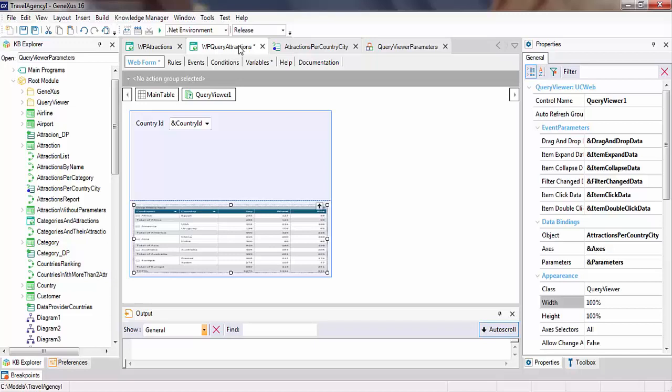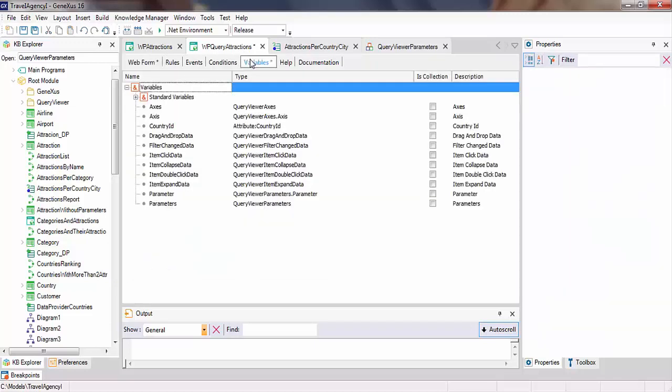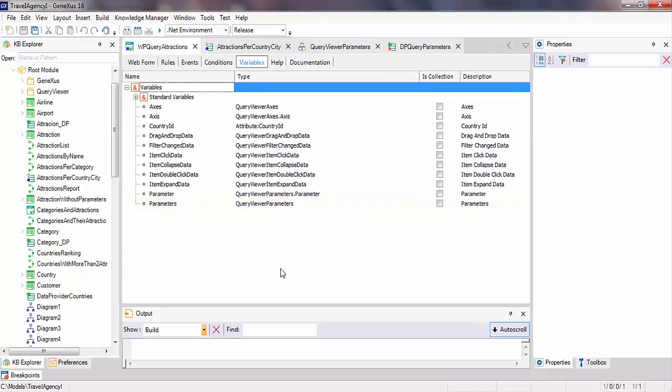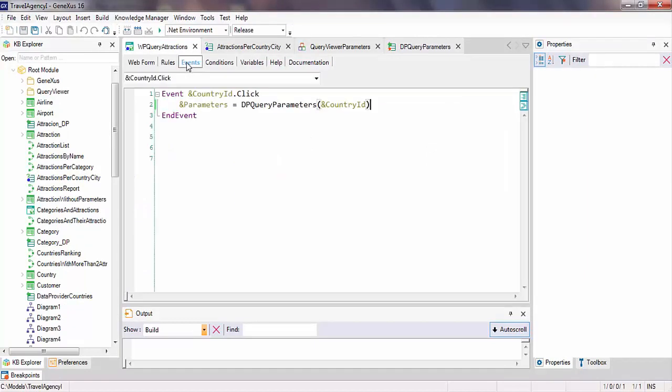When we go to the variable sector, we'll see that the parameter variables have already been created, based on the data type that represents a parameter, and the parameters variable based on the data type that represents the collection of parameters. Therefore, inside the event sector, and in the click event associated with the country ID variable, we receive the load of the parameters variable through the output of a data provider.